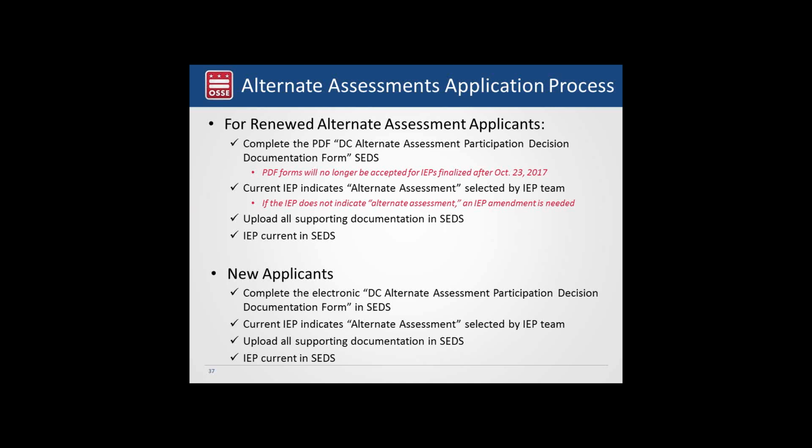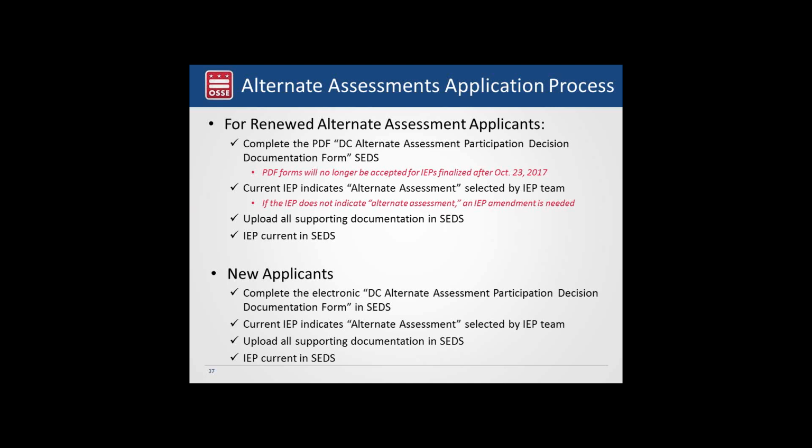So what you just need to do is make sure that every student you have, whatever their current IEP is as of right now, has the correct status. And if it's not, amend it to change that status. And then look at your students that have a yes for their status. Make sure that that criteria worksheet was filled out at some point and is able to be located in SEDS as a document somewhere. And if it's not there, you need to add that into SEDS